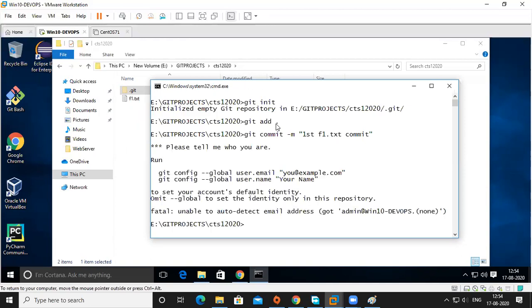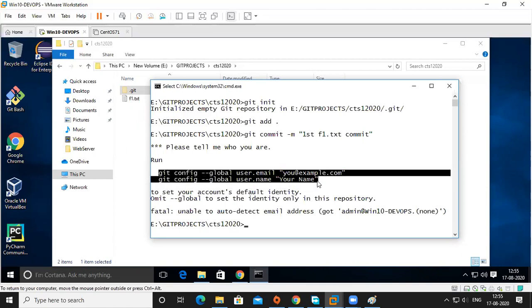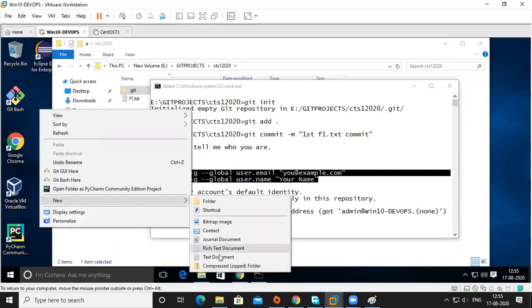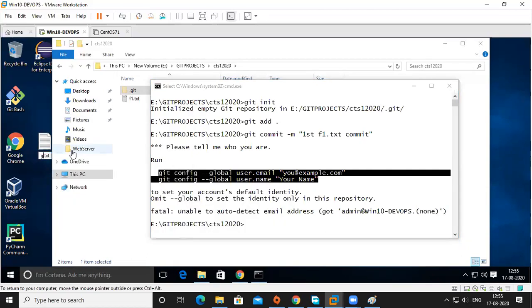Now the commit is given, but it is asking who are you, on which name you want to commit. So then we have to configure with this command. What I'm going to do is, first of all, I'm creating a notepad in my PC.